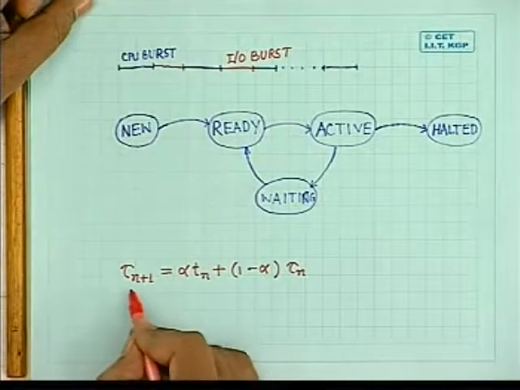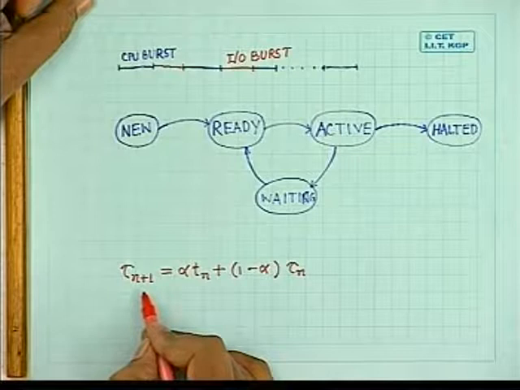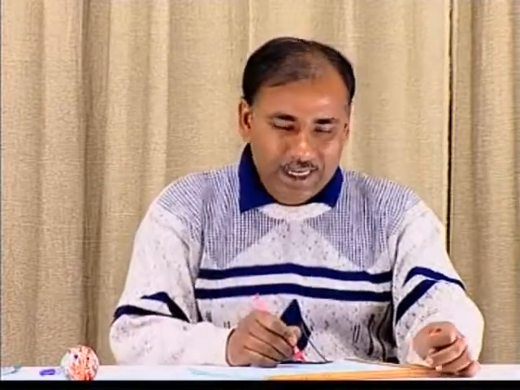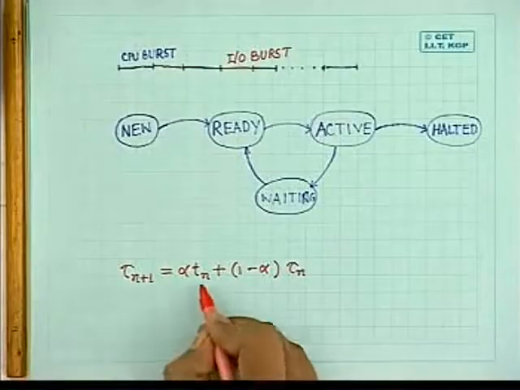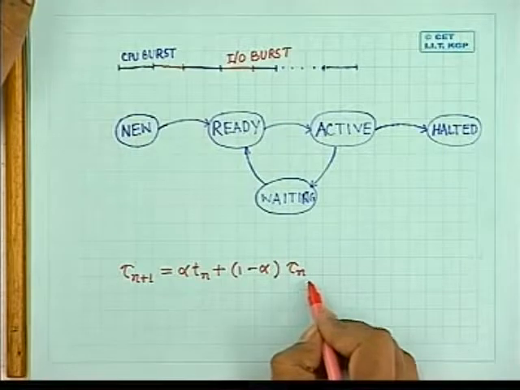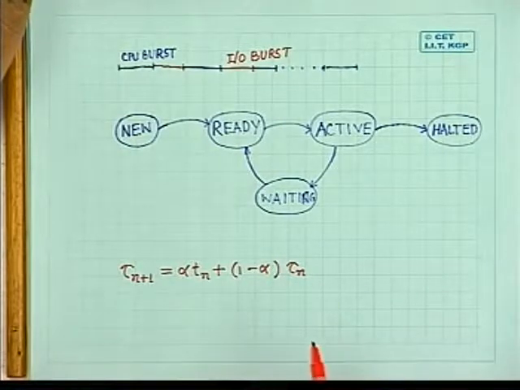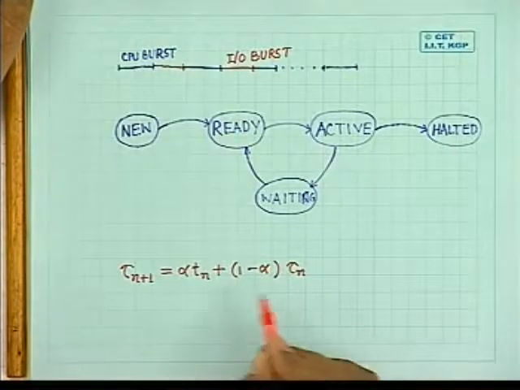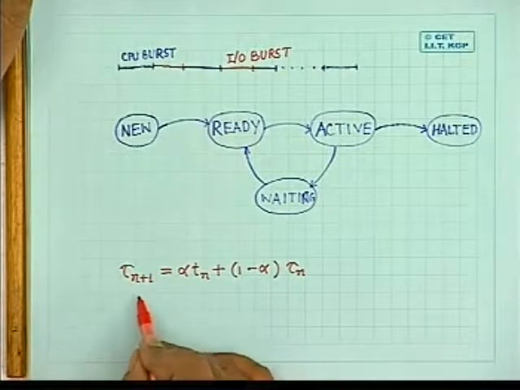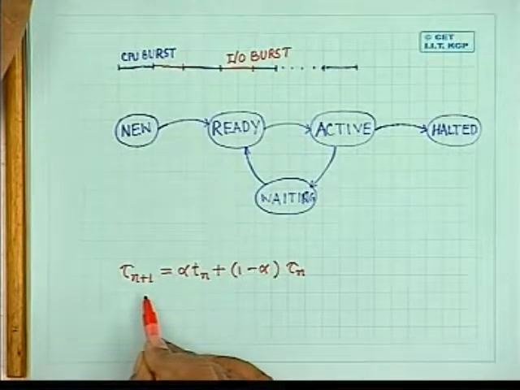Where tau n plus 1 is the predicted CPU burst time of the n plus first CPU burst. Tn is the exact nth CPU burst duration, and tau n is the predicted nth burst duration. So, find that for prediction of that next CPU burst time, that is tau n plus 1, we are